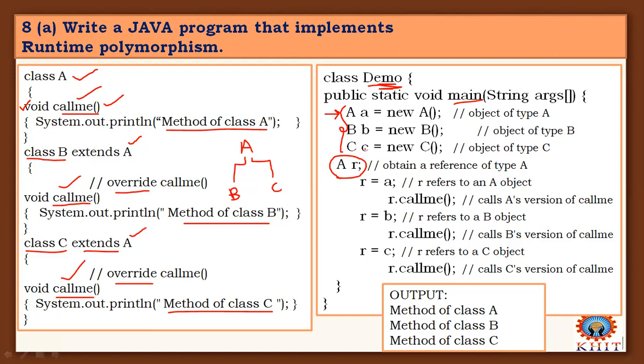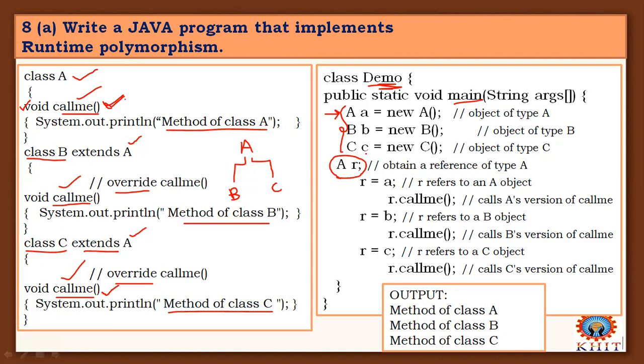So when we call this C dot callme method, C is the subclass of A, so it can allow access to the subclass method callme or the superclass method callme. Both methods can be invoked through this C class object. So it is a real-time confusion.